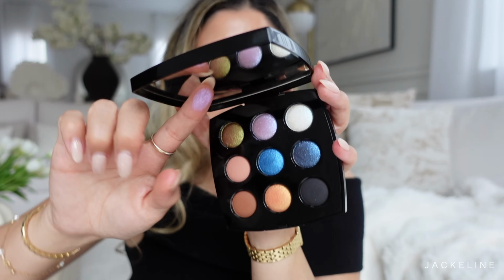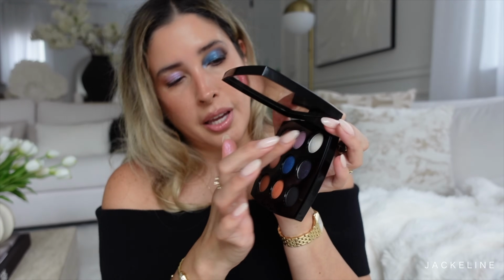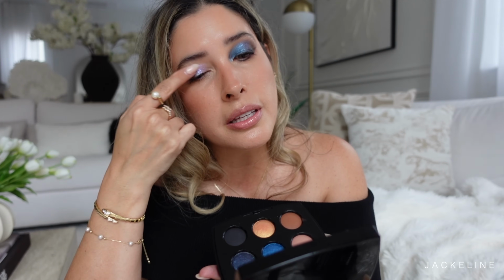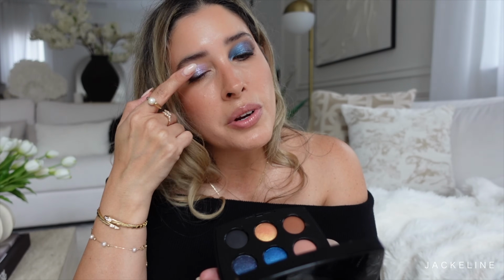And now I want to go with this shade. You know how much I love lilac, and I think this could be a good one. Oh yes, I'm in love. This is the type of eyeshadows that I like. Look at the simplicity. It looks romantic, it looks well put together. And let's go with this shade, and I'm gonna put it right on the center. It's not really like a topper, but it has a little bit of translucency that makes the eyeshadow just